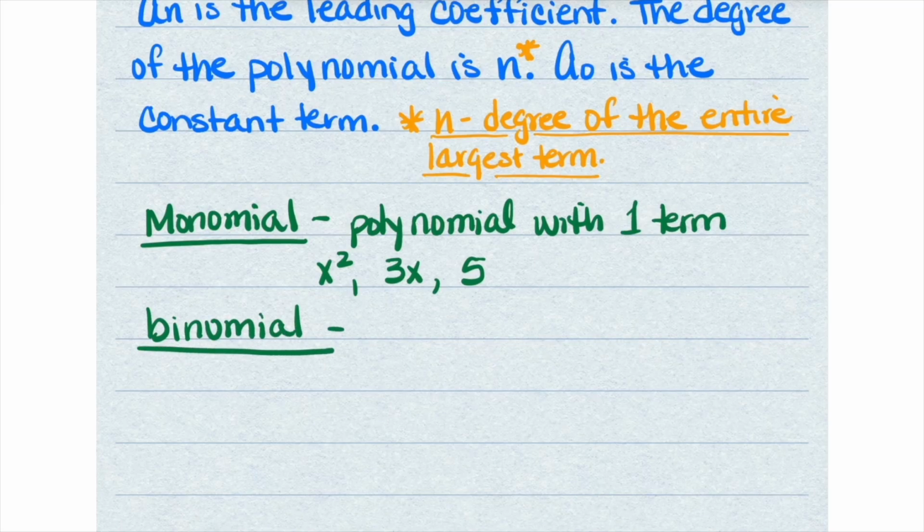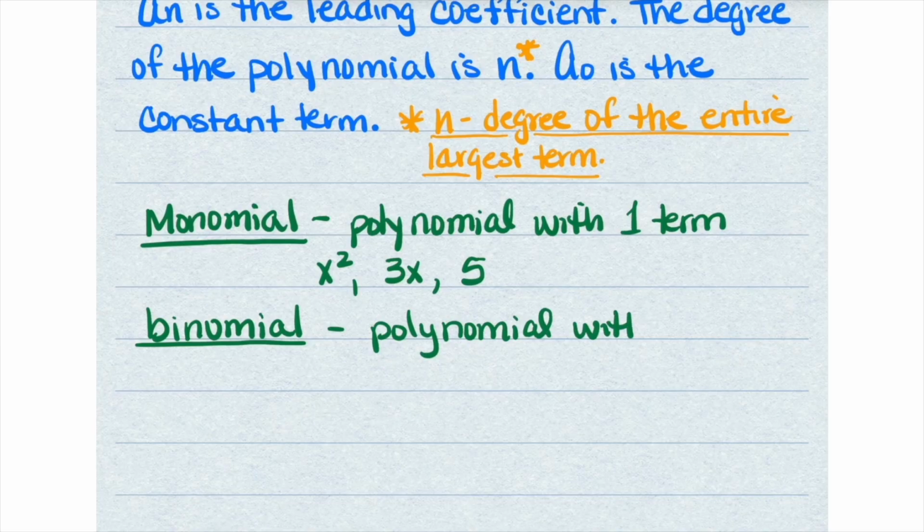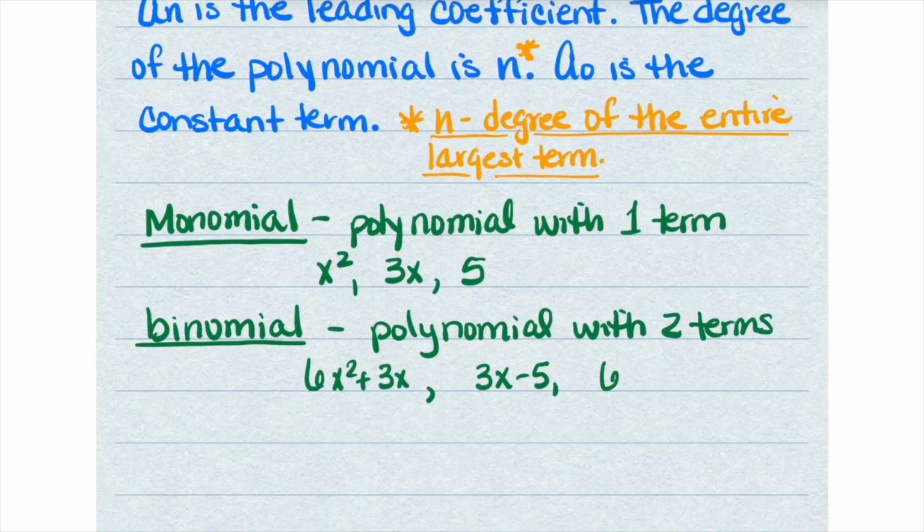And again, a binomial is exactly what it sounds like. It's going to be a polynomial with how many terms? Can you guess? Yeah, two terms. So that means two terms make up the polynomial. So if you had 6x squared plus 3x, or if you had 3x minus 5, or I'll just do 6x to the fourth plus 3. It has two terms,